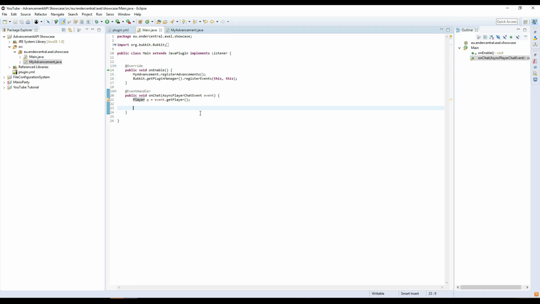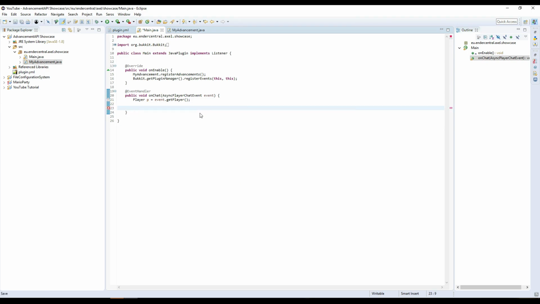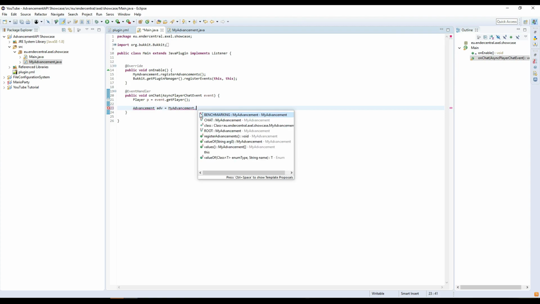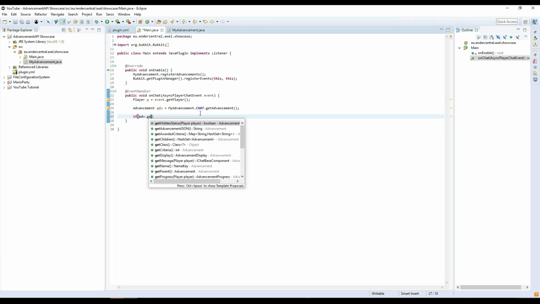So we just do, if event.get, so we'll have an advancement ADV, we'll call it MyAdvancement.chat.getAdvancement. Just import it real quick. So now we can just do if adv.get